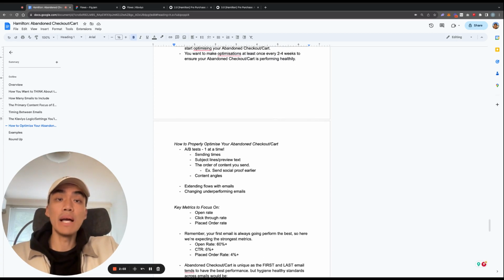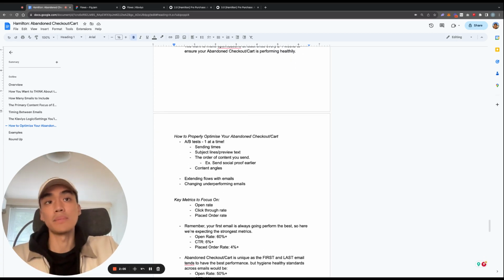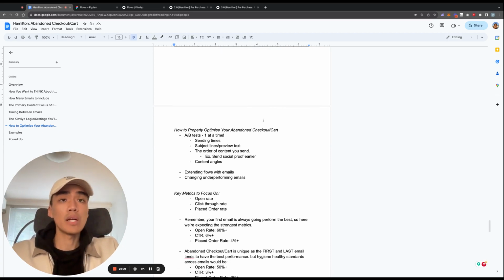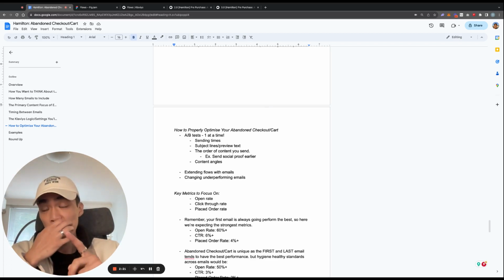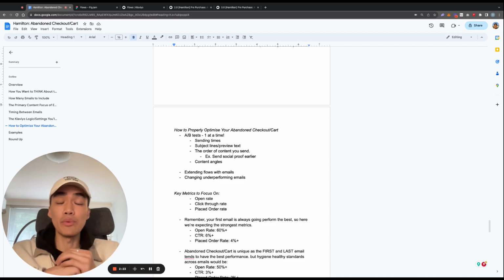So how do you actually properly optimize your abandoned checkout or your abandoned cart series? A couple of ways to do this, but the easiest is always going to be A/B tests. And with your A/B tests, just like any other A/B test you want to do, you want to change one thing at a time. So the key things and the really big needle movers that you want to test is sending times. This is probably the easiest and the highest leverage one that we do,